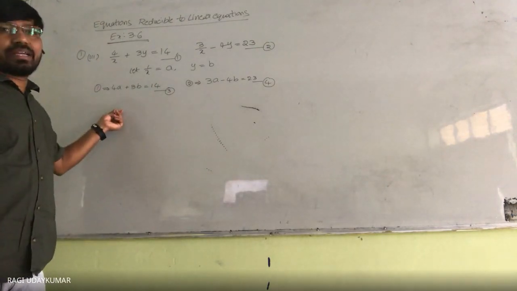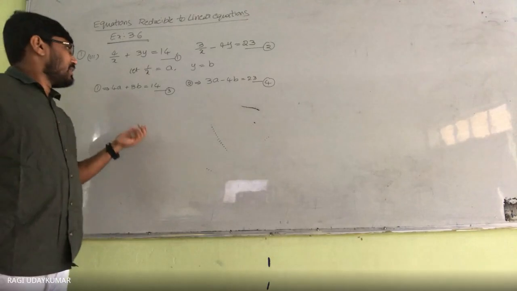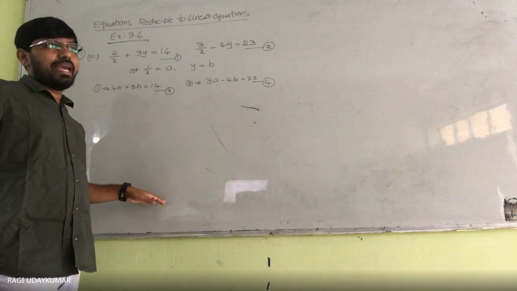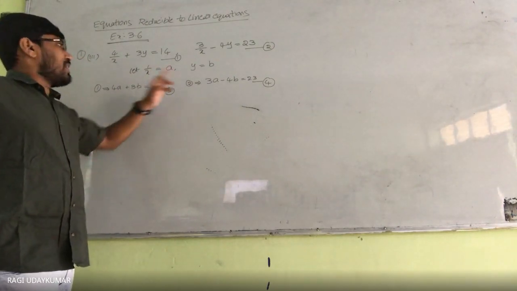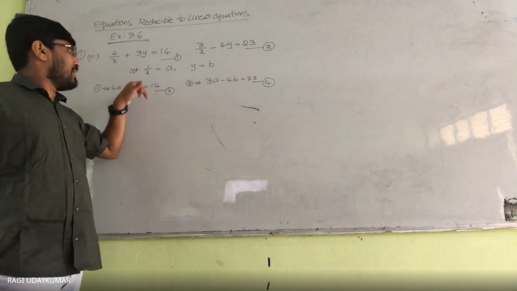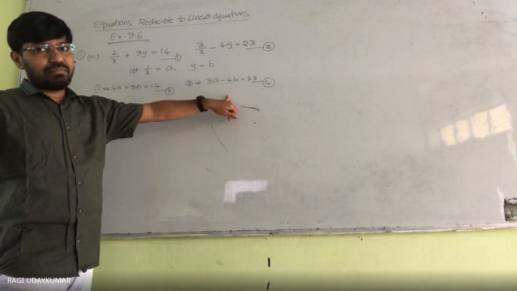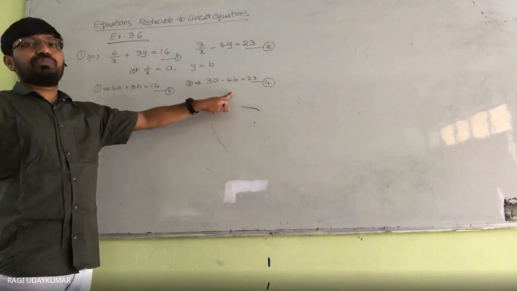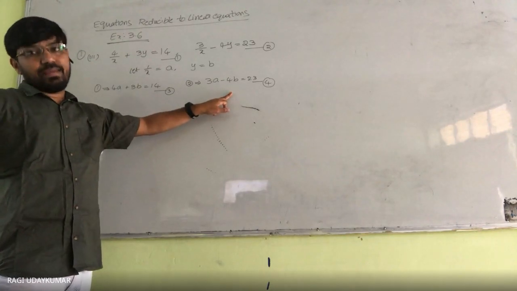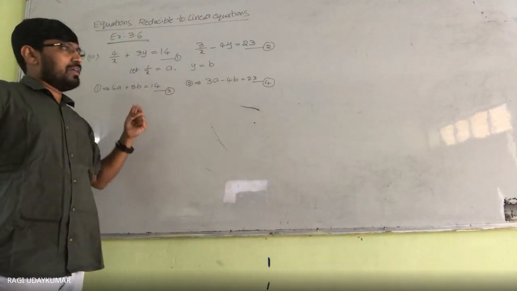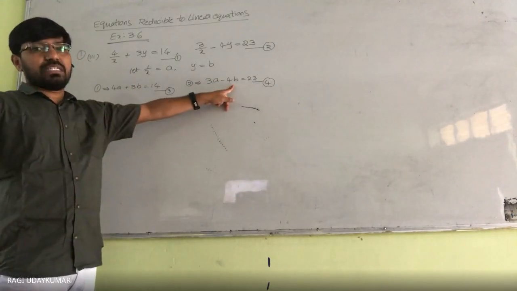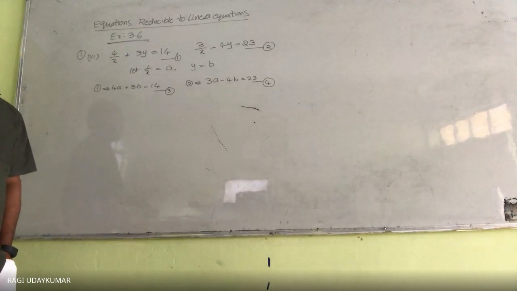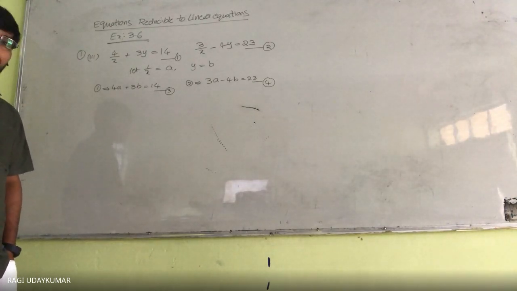Which method is suitable here? Even the substitution method, if you are taking, it makes the denominator a little bit complicated. If you go for the elimination method, either this equation, where it is 4 here and 3 there, should be multiplied by 3, and this equation should be multiplied by 4. Or this equation should be multiplied by 4, and this equation should be multiplied by 3. Because if you want to eliminate b, the coefficients are 3 here and 4 there. So if you want to use the elimination method, you can use it in that way. Or if you want, you can use the cross multiplication method.